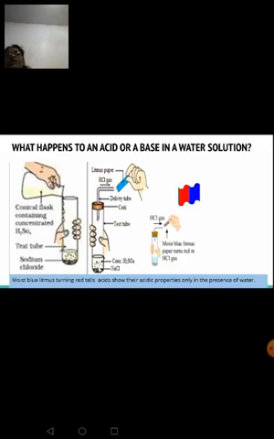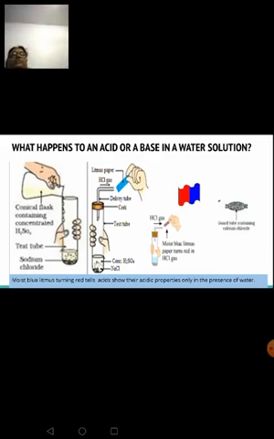Now, if the atmosphere is moist, humid, in the case of the delivery tube, you will be using a guard tube. This guard tube contains calcium chloride. The tendency of calcium chloride is to absorb moisture. So it will absorb the moisture present in the tube, and the gas that is coming out will be totally dry. So, understood the purpose of using a guard tube? A guard tube is used whenever you want to collect a dry gas. It has calcium chloride.